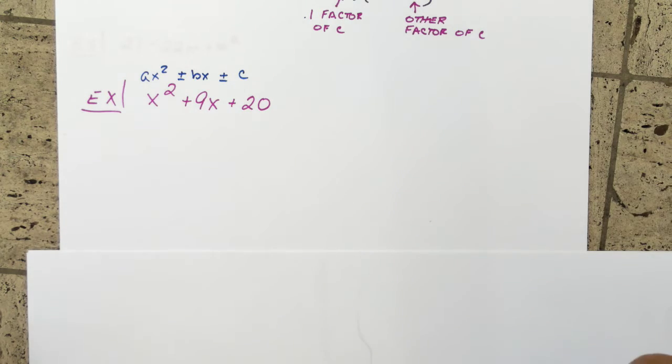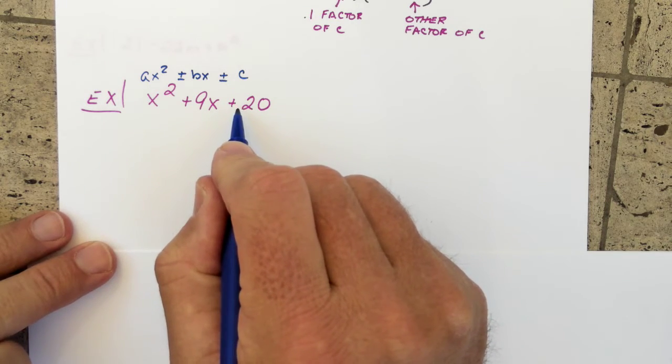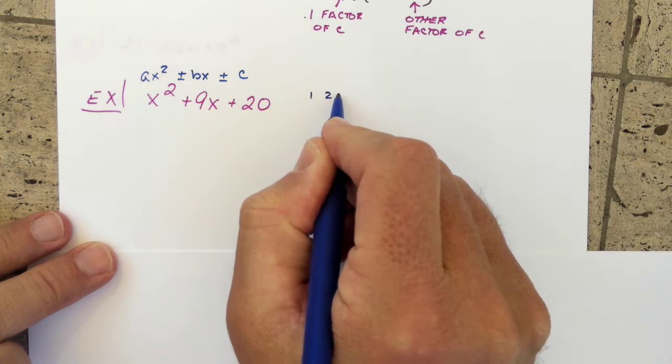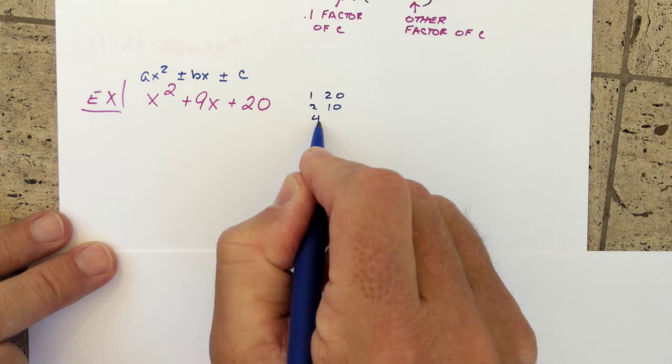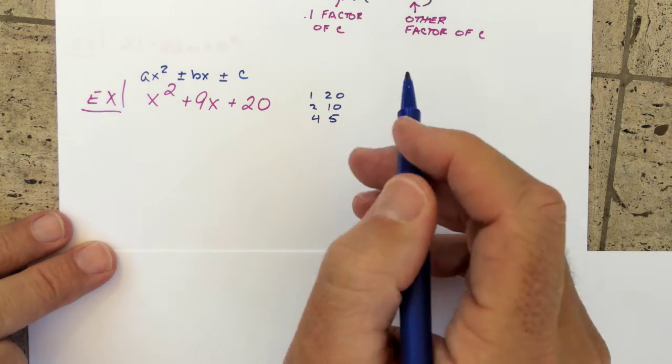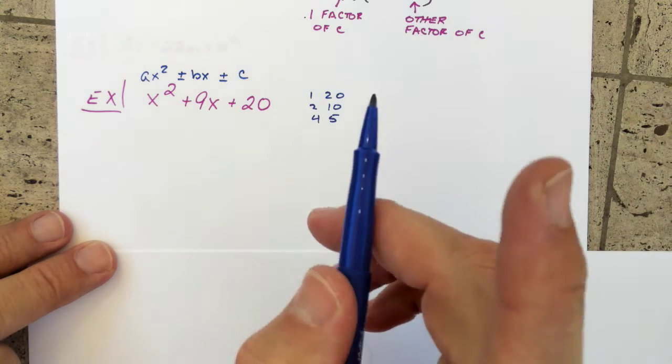So what do the rules tell us to do? Find two factors of c that add up to be b. Well, factors of positive 20: 1 and 20, 2 and 10, 3 doesn't work, 4 and 5. 6, 7, 8, 9, we're back to 10. We're back to our repeats. Now please remember though,